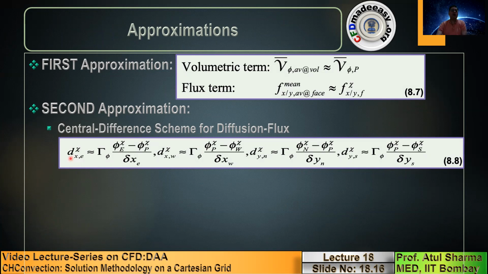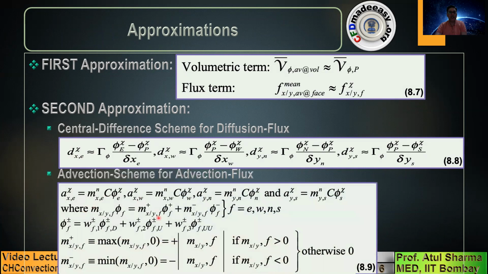So these approximations were already presented in the previous topic on computational heat conduction and computational heat convection, and I am just showing this in a general form to incorporate momentum conservation with the energy conservation. The second approximation for advection is the advection scheme. The expression that is shown here is for a non-uniform grid, where these weights are for an advection scheme. W1 is the weight of the downstream neighbor, W2 is the weight of the upstream neighbor, W3 is the weight of the upstream of upstream neighbor.